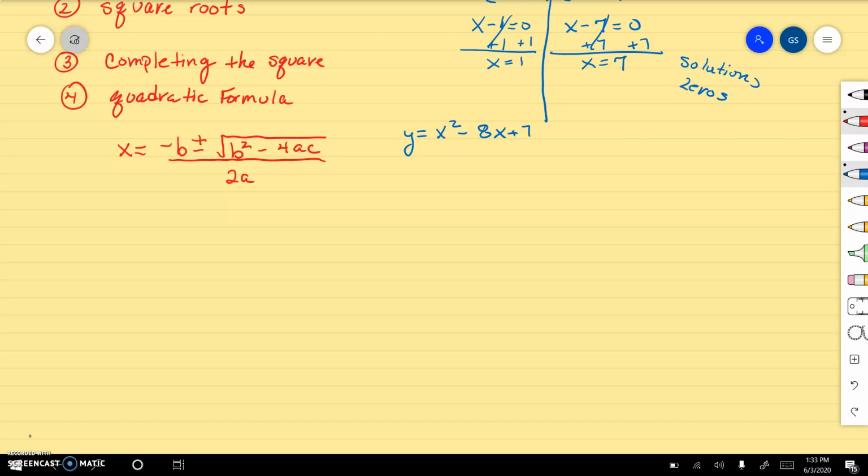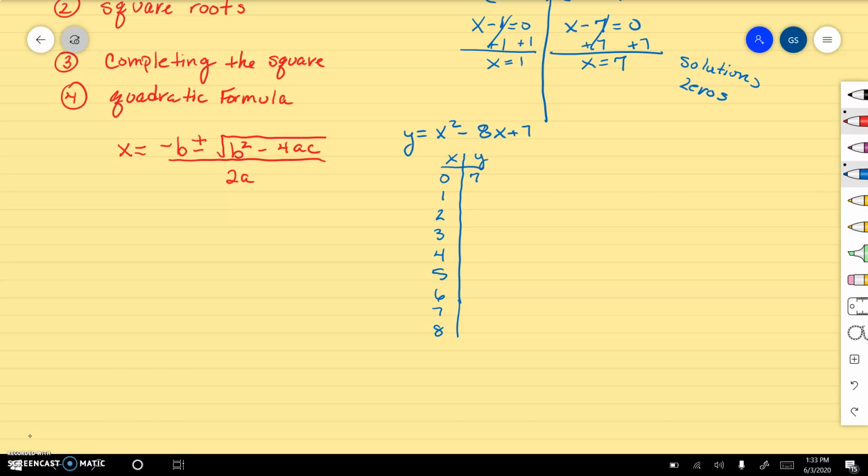Now, I've already done that, so we don't have to waste time putting stuff in the calculator. So you're just going to make a table of values, x, y, and we are going to go from 0 to 8. And the x's: 0, 1, 2, 3, 4, 5, 6, 7, 8. And then on the y's, 0 gives you a 7,